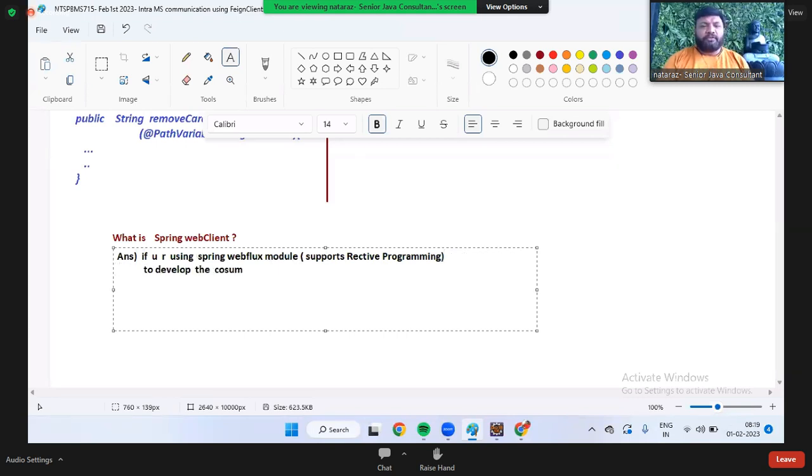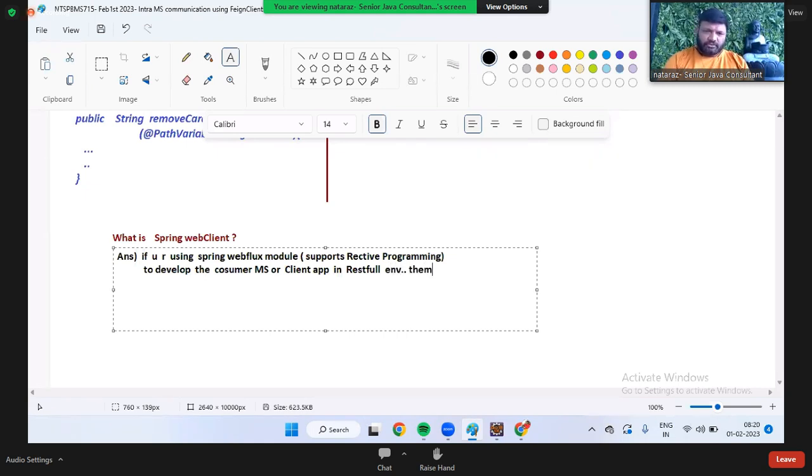If you are using the Spring WebFlux module, which supports reactive, to develop the consumer, the consumer microservice, the client application in a RESTful environment,